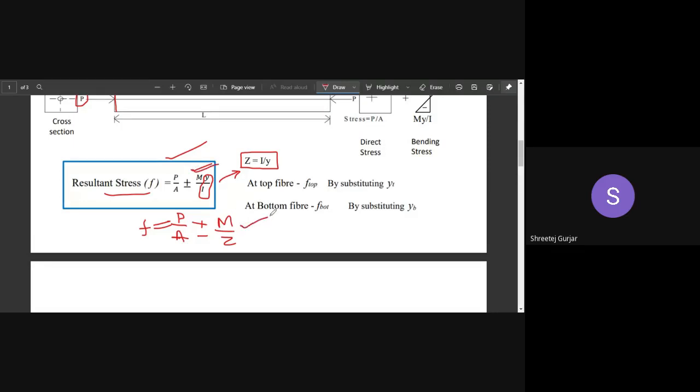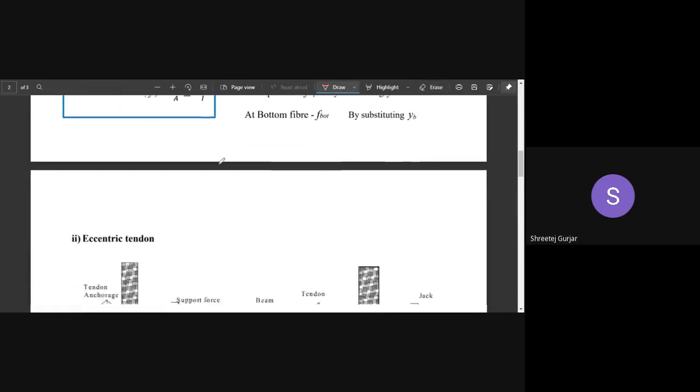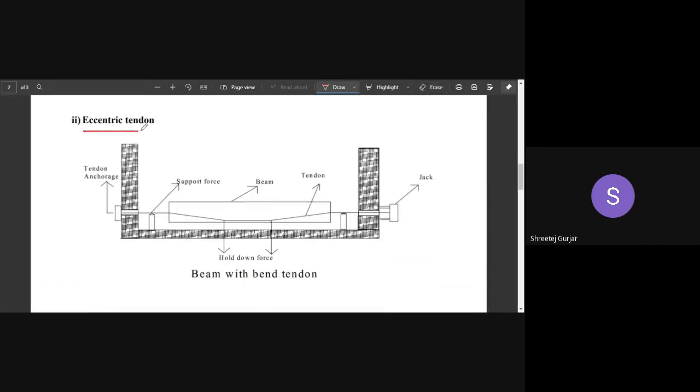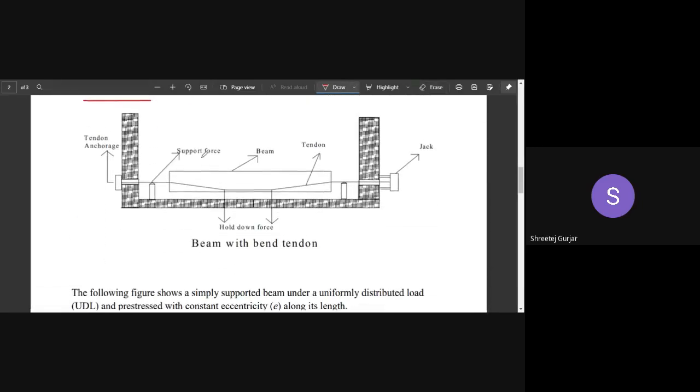Some numericals we will be solving by using this formula, so that you have an idea of both of these. I hope this first concept is clear for you, concrete beam with a concentric tendon. Now moving on to your next topic, that is the eccentric tendon, wherein you can see